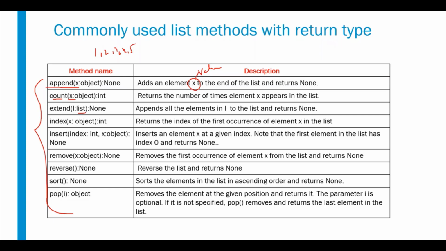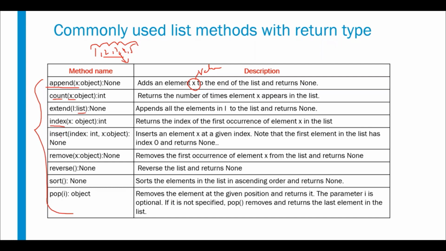So those values will be appended to the existing list. And then the other function is the index function. This function returns the index of the first occurrence of element x in the list. Suppose x is assumed as a value. In this particular list, let's say 3 is x. Here it will return the index of the first occurrence, so when 3 occurs in this list for the first time, that index will be returned.